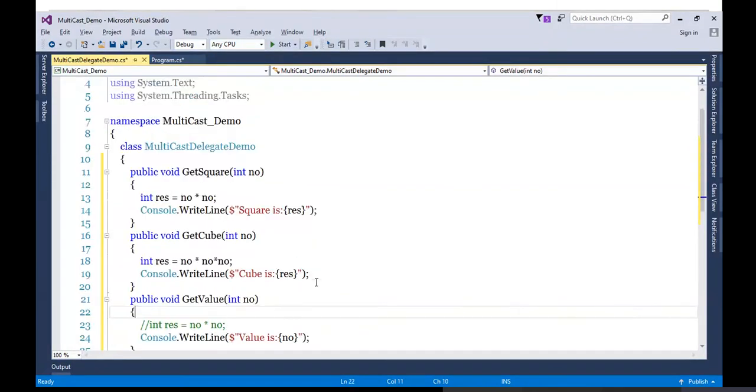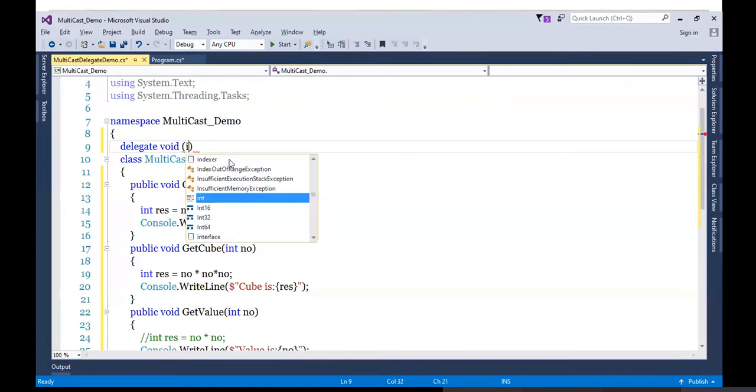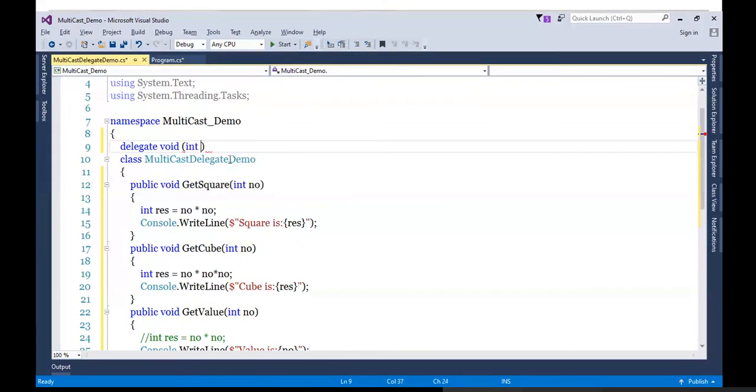Okay, now let's prepare the delegate. Again, the same steps you are going to follow. First, you will write delegate, then you will write the return type as it is, which is void. Then you will write the signature as it is, which is int number, and then we'll write a unique name.